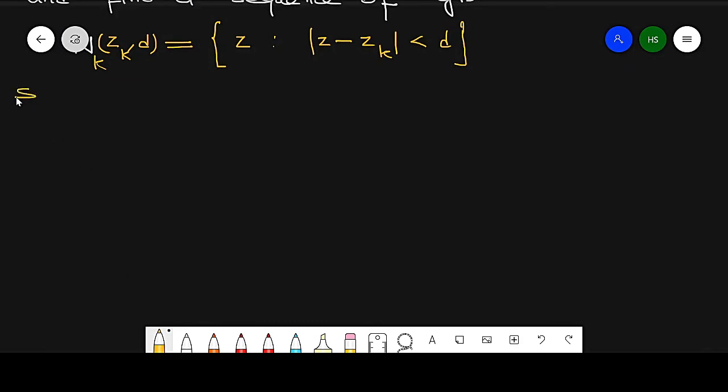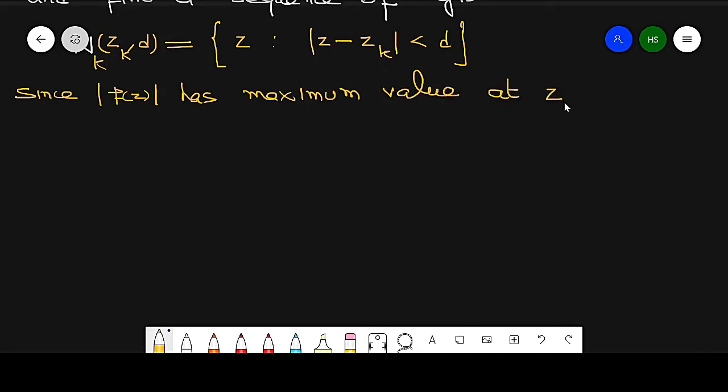Now since modulus of f(z) has maximum value at z0 point,